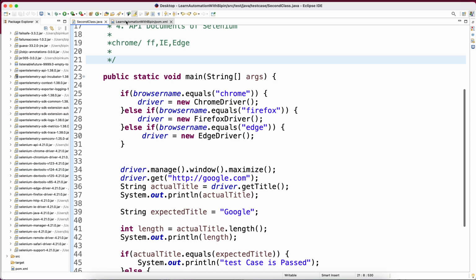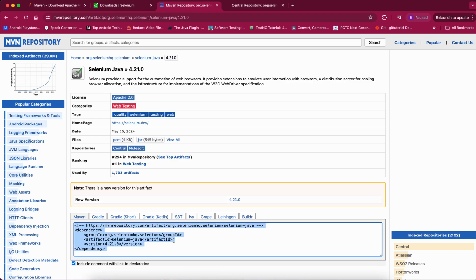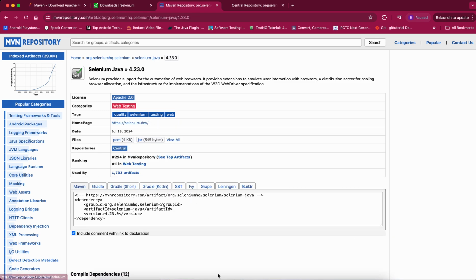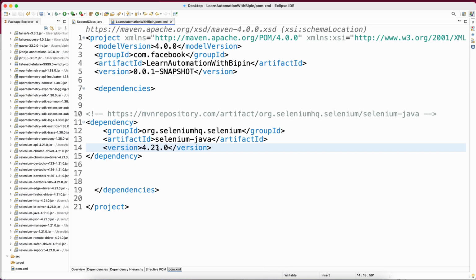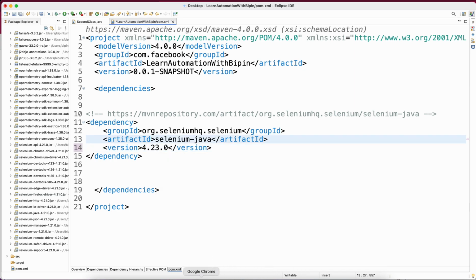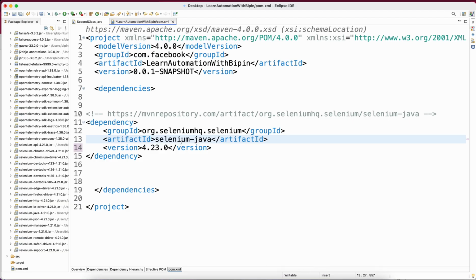Now, if you want to see, let's suppose Selenium, what version was that? Selenium 24, right? 23. So click on 23 and just go to your project and just say 23.0. You will see 23.0. Yeah, 23.0. Just make 23 over here. Just say Control S and you will see, oh, super fast it's just changing 23.0 everywhere. So